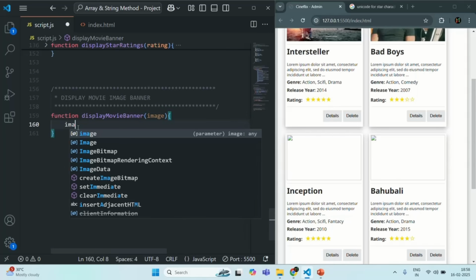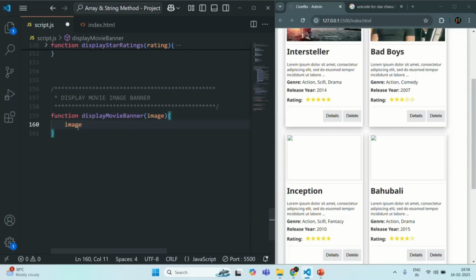So I'll say image. If the image exists, we want to use that image. Otherwise, here I'm going to use the OR operator. If the image does not exist, we are going to return the path of the not found image. So that is present in the image folder. In there we have not found